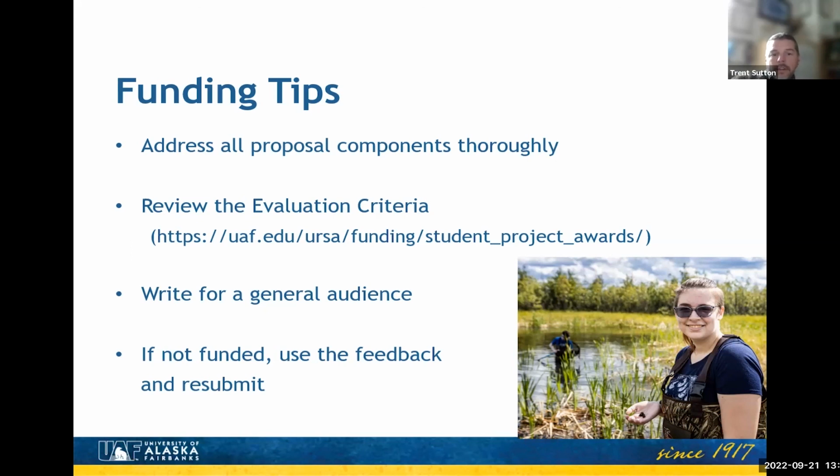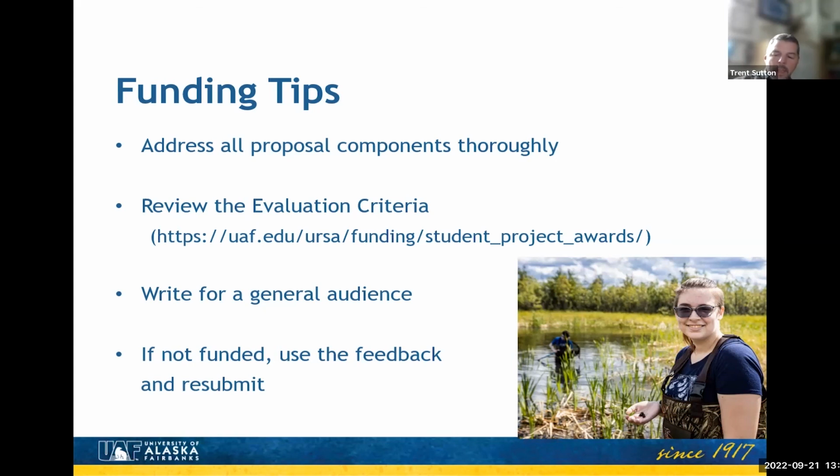Go to our website, and here's the specific link to review the evaluation criteria that we're looking for. Again, making sure that you have checked all those boxes and nothing's missing so that you get the lowest score possible. I mentioned the reviewers are going to have a pretty mixed background across all disciplines at the UAF campus. And so you want to write for a general audience. You want to write for an audience that, it doesn't matter if they know that discipline or don't, they're going to understand your proposal.